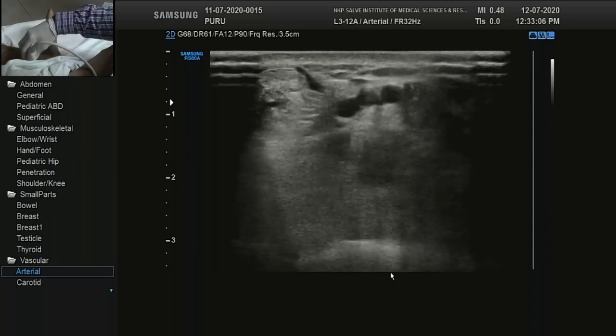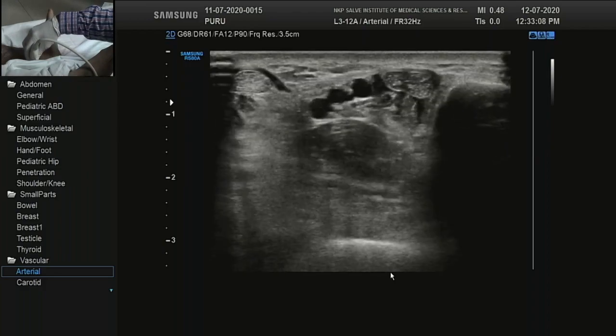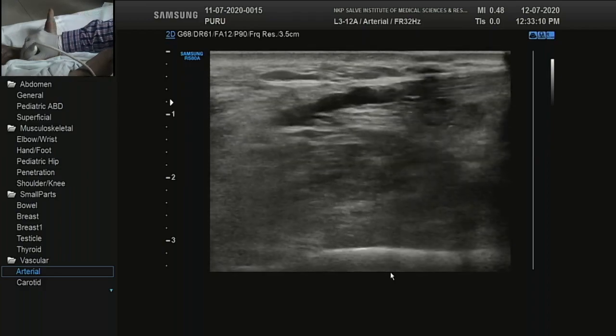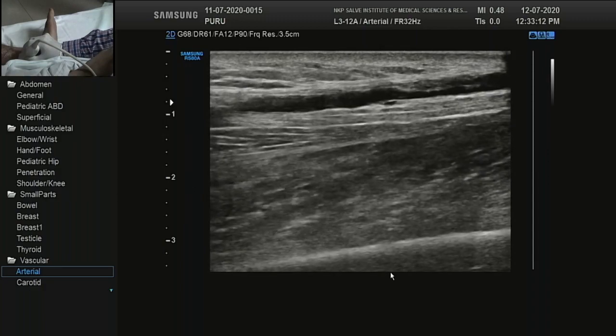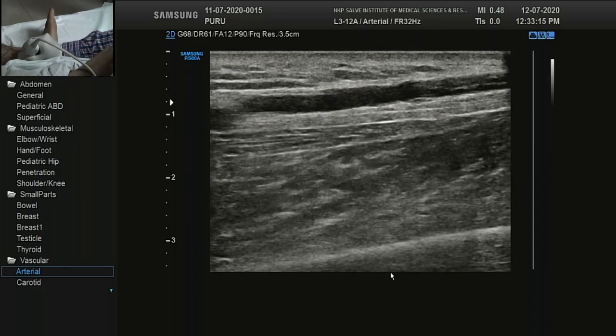Once if you are lost, go back to the position where you started, then again move the probe, make it a long section, and see this. You can see the artery.